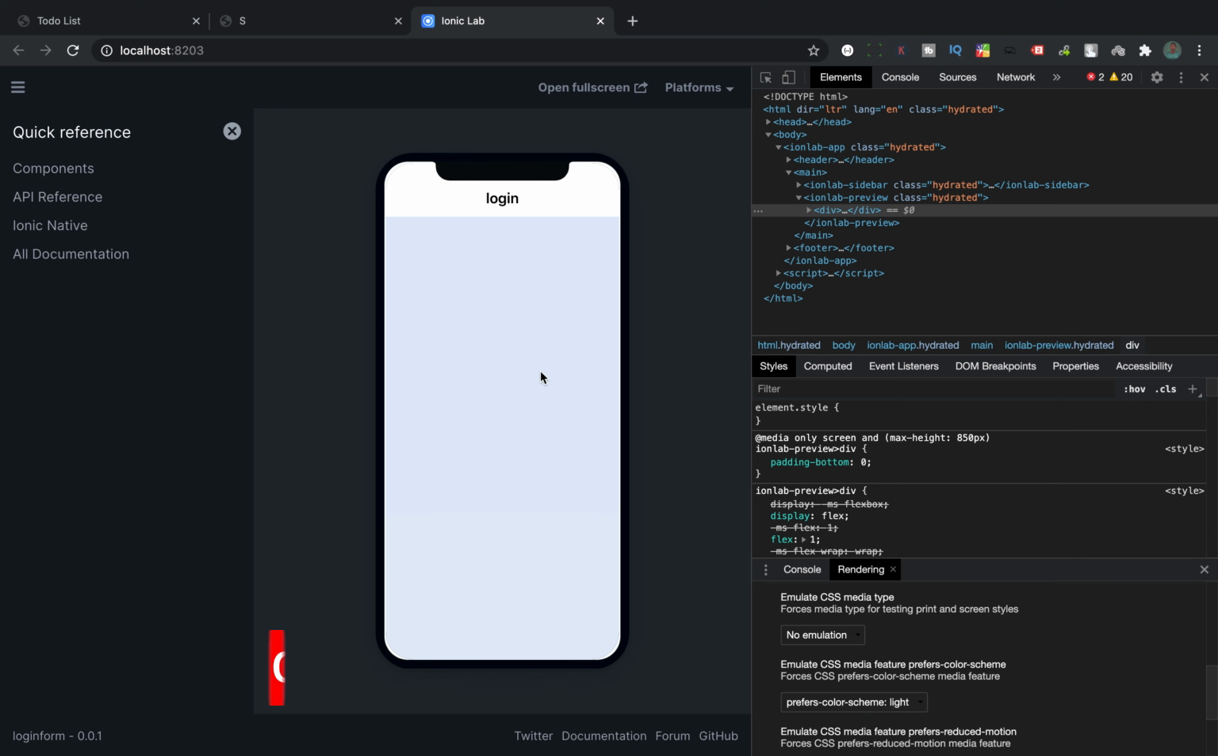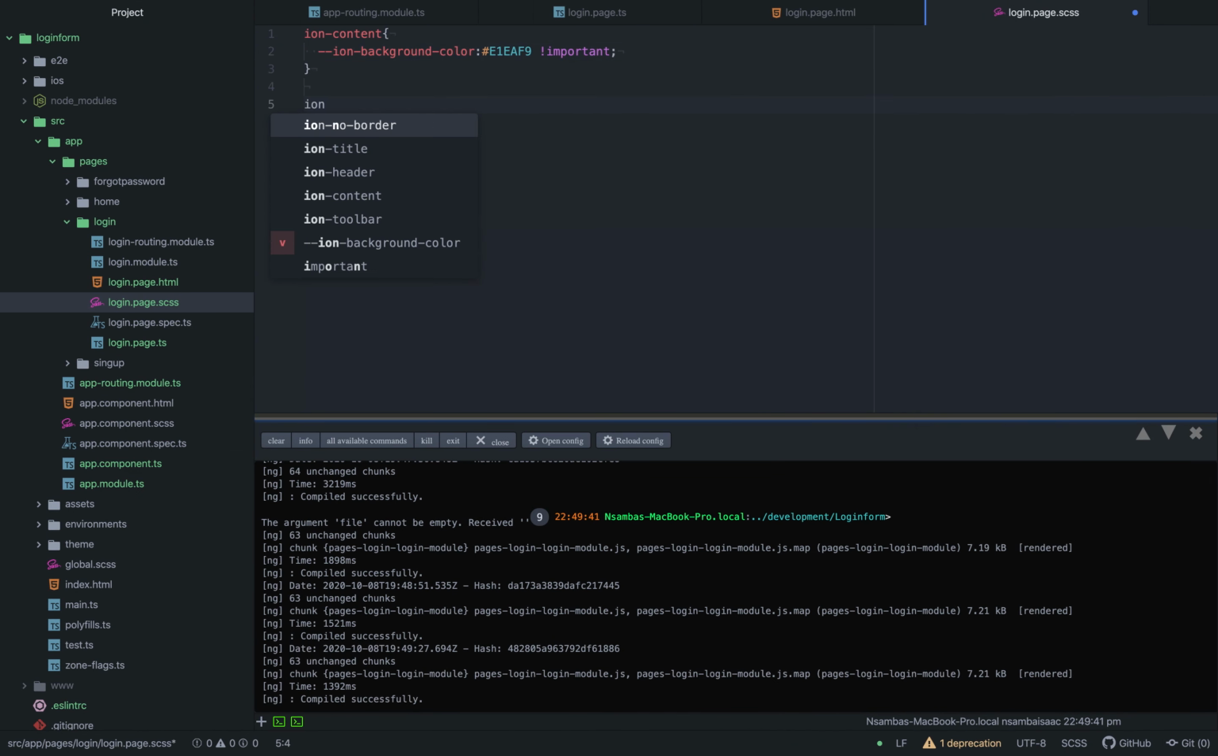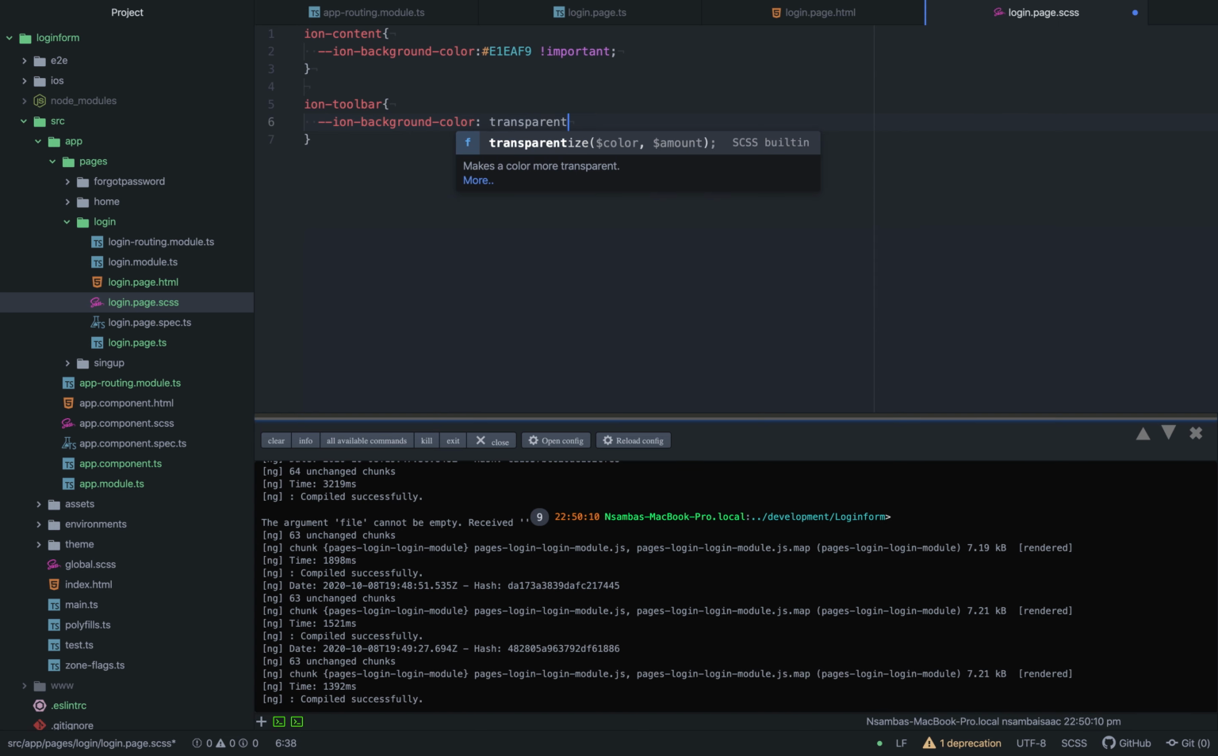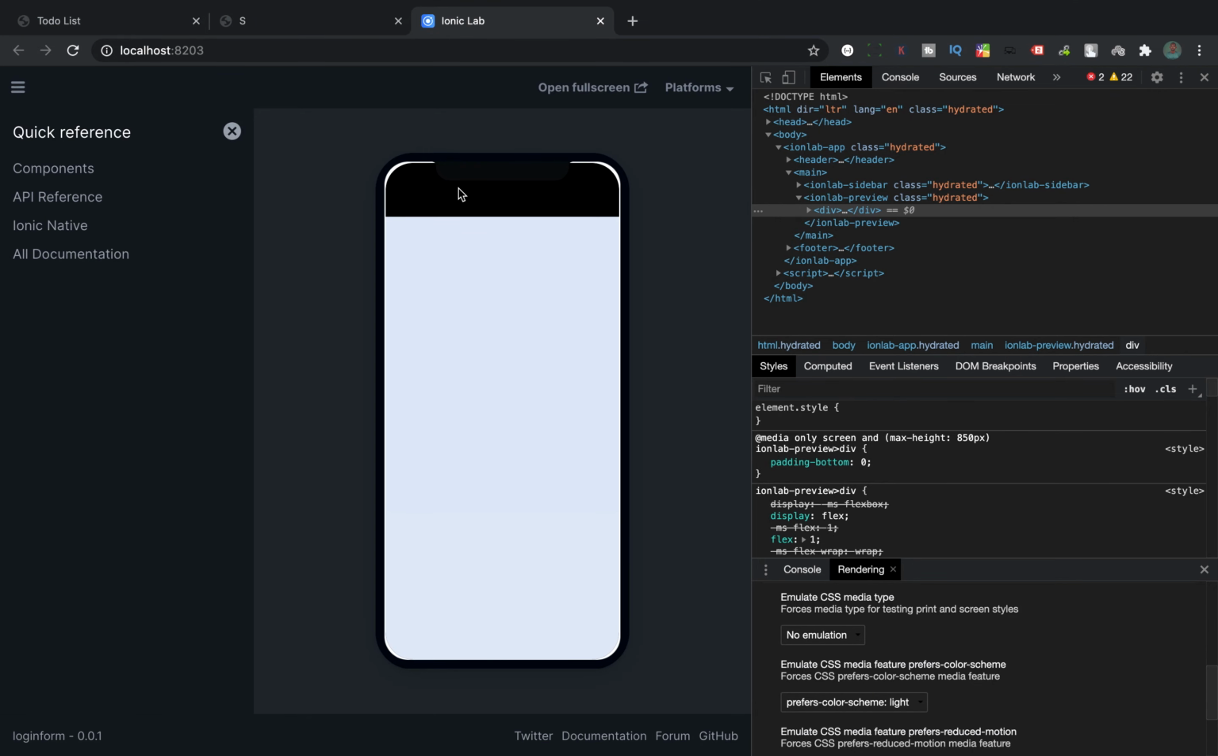So let's remove this white background here. We'll go to ion-toolbar, and inside here we'll say ion background color, transparent, and then let's check. Good, now we have